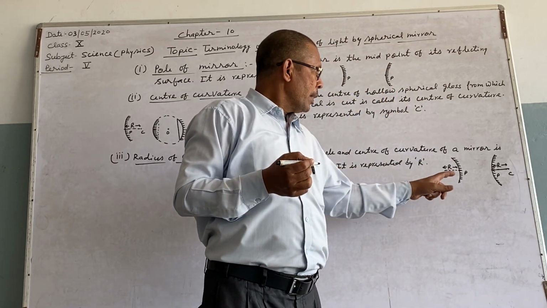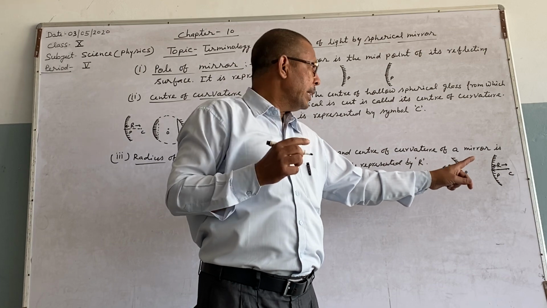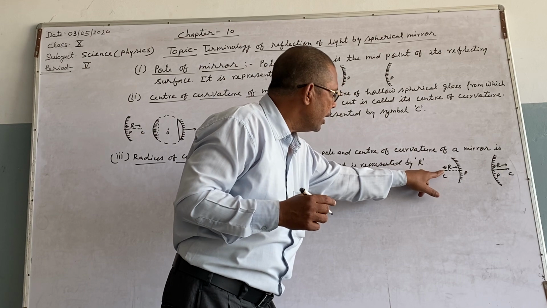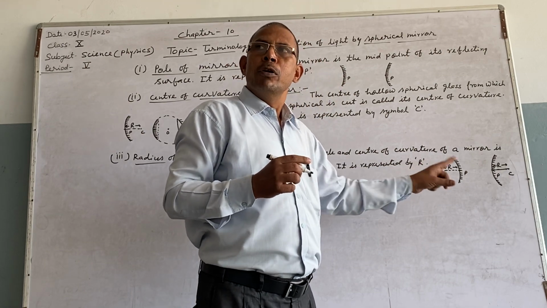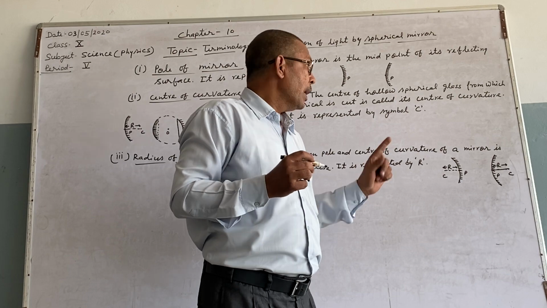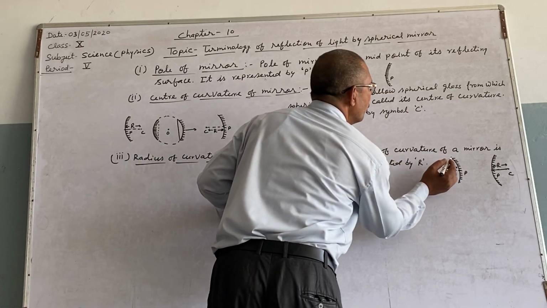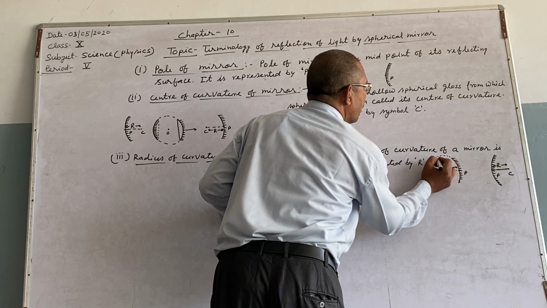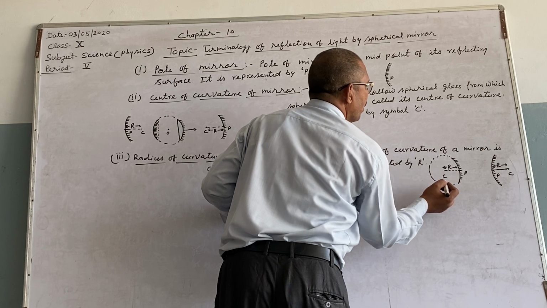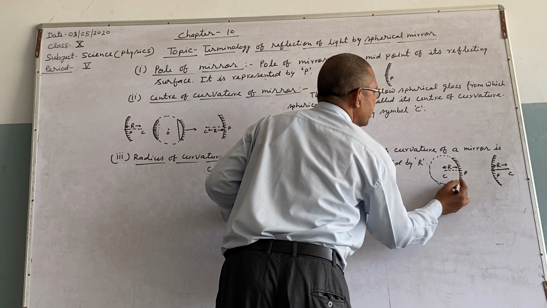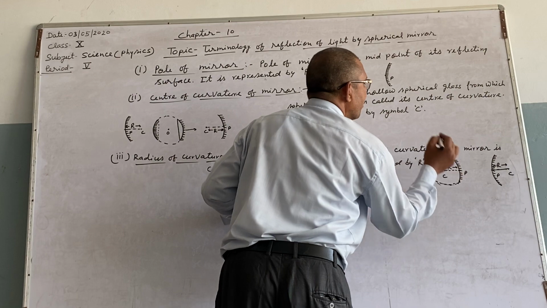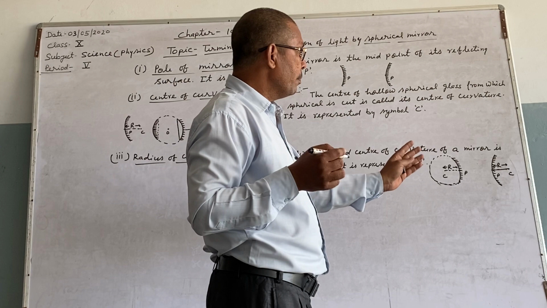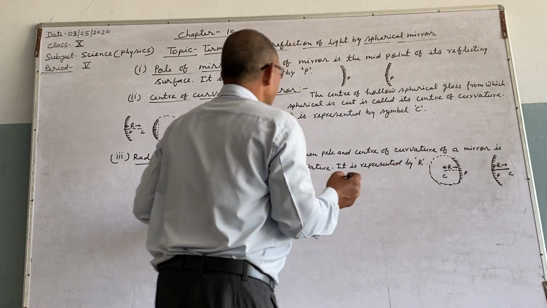Perhaps you will think that I have expressed a symbol, a point here C, and I told you that this is the center of curvature. It is very simple. That is, if you expand this curvature to make complete figure, you will find out that this is the complete sphere. So the center of this sphere, this hollow spherical glass here also. So in this way you can make the complete figure.